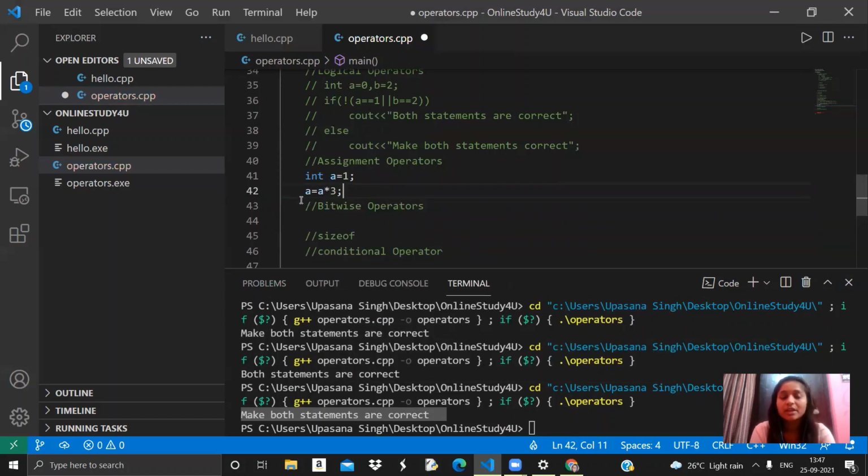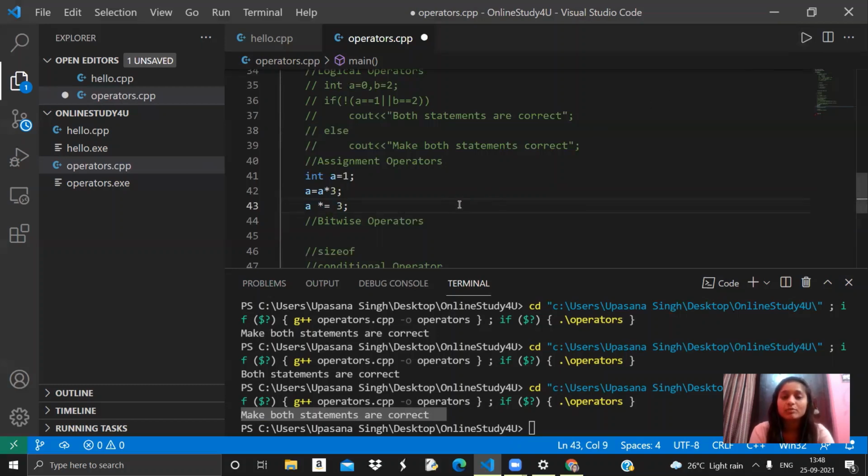Then this will make my a equals to a into 3. So I will be doing this, right? But what I can do is, instead of this, I can use the assignment operator, multiplication equals to 3. This will do the same task as this was doing, and this is known as an assignment operator.